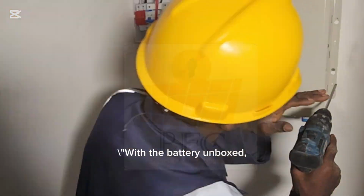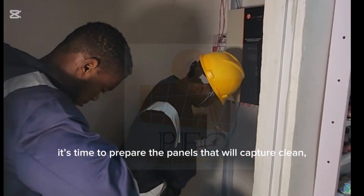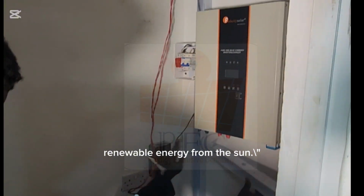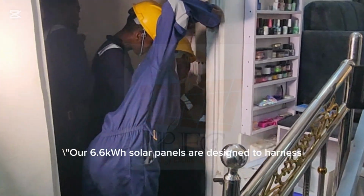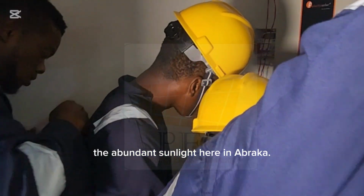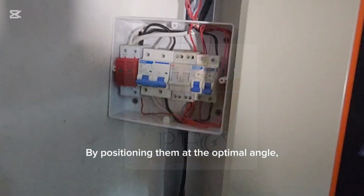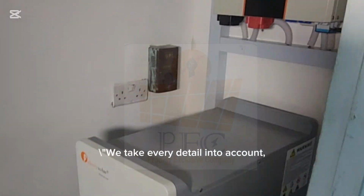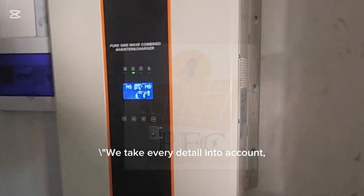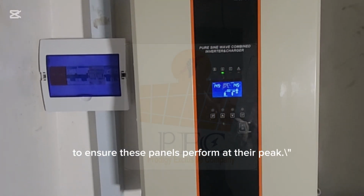With the battery unboxed, it's time to prepare the panels that will capture clean, renewable energy from the sun. Our 6.6 kWh solar panels are designed to harness the abundant sunlight here in Abraka. By positioning them at the optimal angle, we ensure maximum energy generation throughout the day. We take every detail into account, from the direction of the sun to the roof structure, to ensure these panels